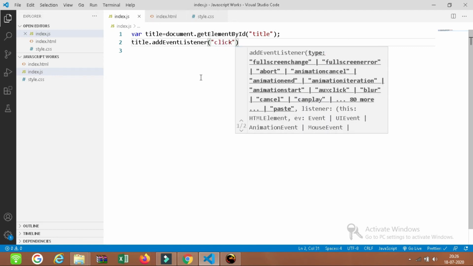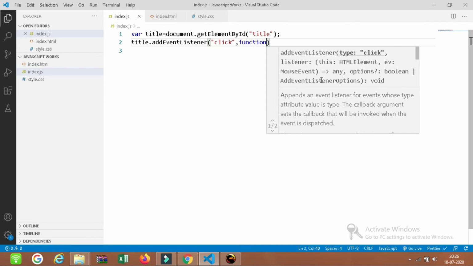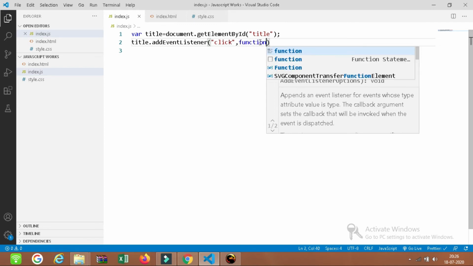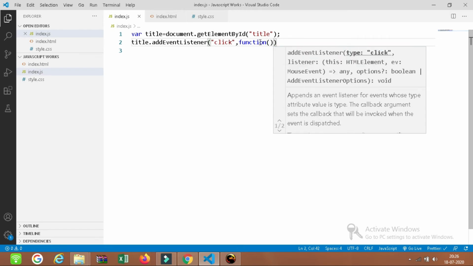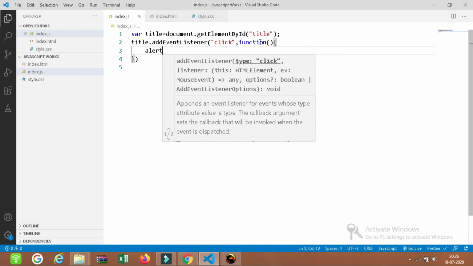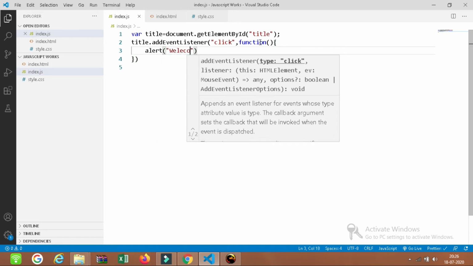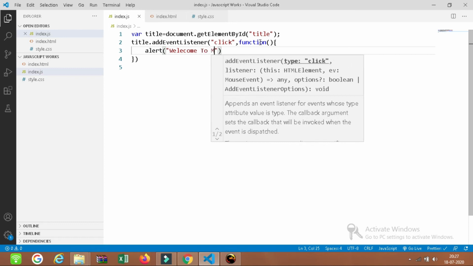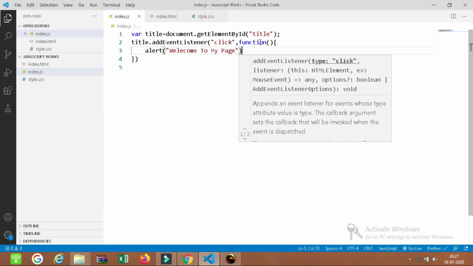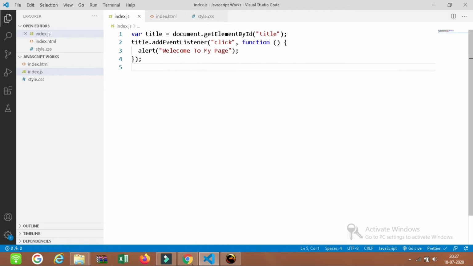Then we will add a function. Its definition is given here; you can read it and it will give you a clear idea. Then we type a function here. In this function, we can type an alert message, welcome to my page. Let's save this and execute it.